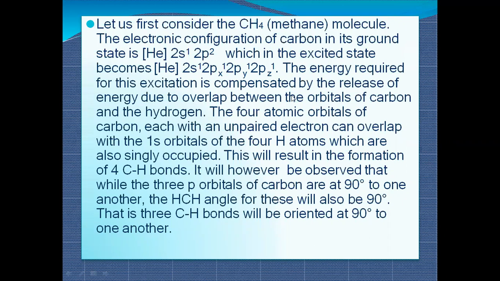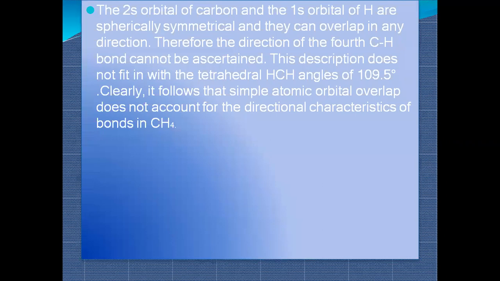For example, if you want to arrange the 4 unpaired electrons of carbon, then C is at the center, and all the electrons were placed at 90 degrees to each other: one at top, one at bottom, one at left, and one at right, and with this the pairing takes place. So that is why the bond angle between the attached hydrogens would also be 90 degrees to each other. The 2s orbital of carbon and 1s orbital of H are spherically symmetrical,